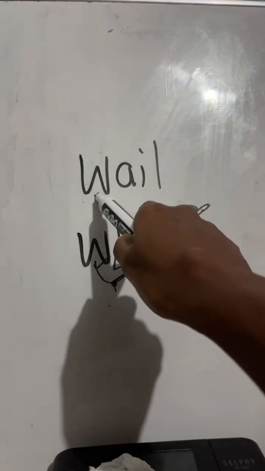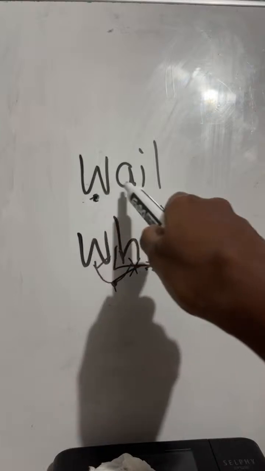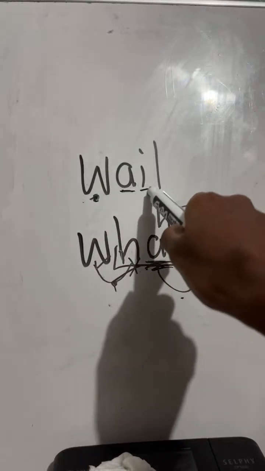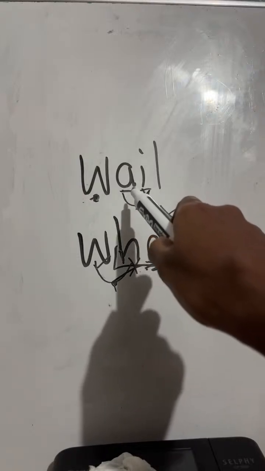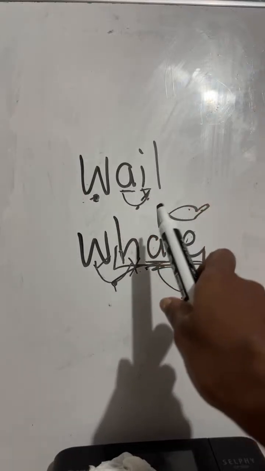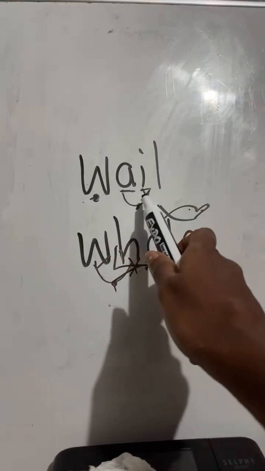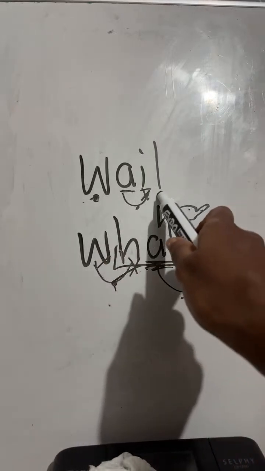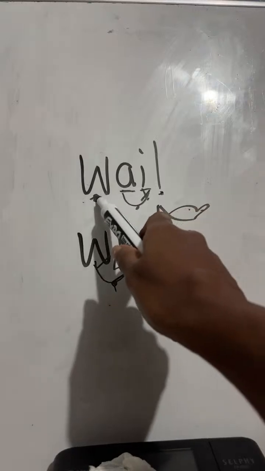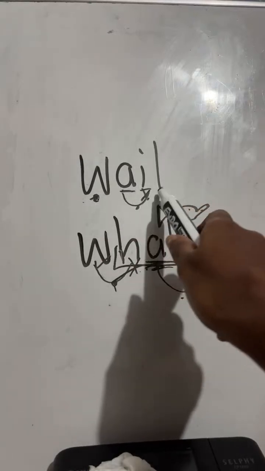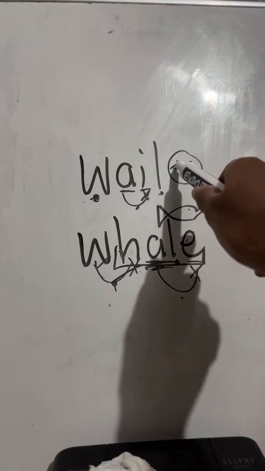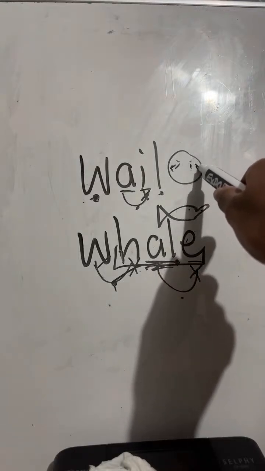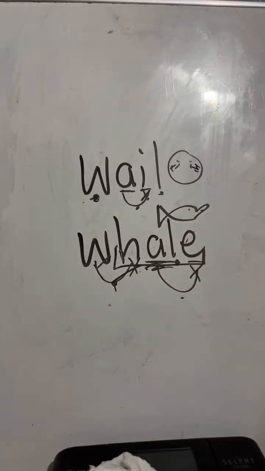Our next wail, we hear W. The A makes a sound, the I stays silent. Together, A and I here make the A sound. W, ale, wail. The L makes a sound, L. Together we hear W, ale, wail. And this wail is like a cry or like weeping. Okay? It's like a loud cry or like weeping.